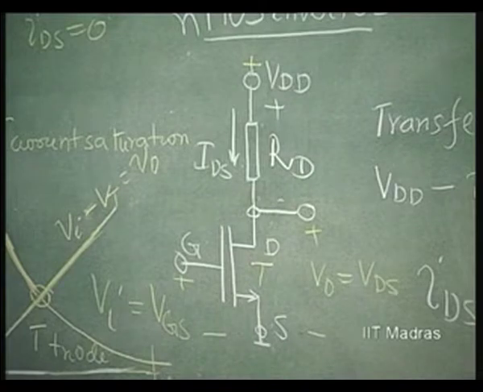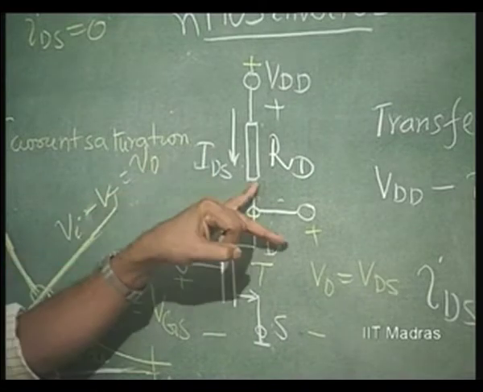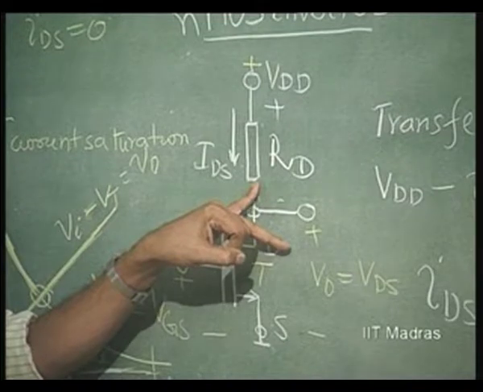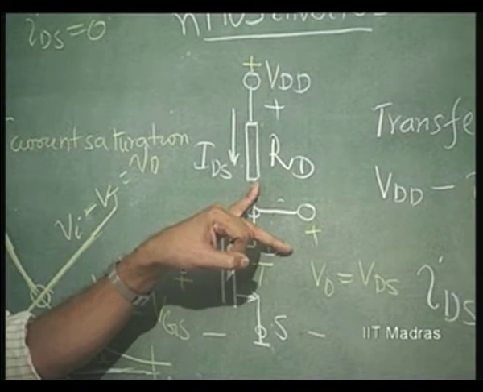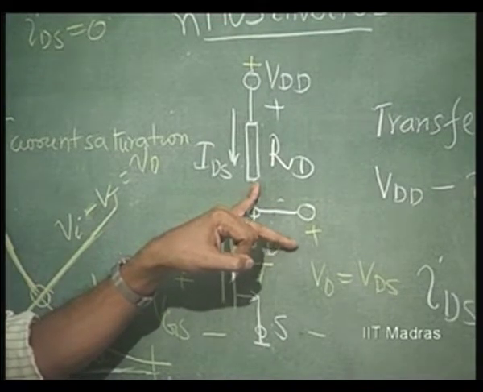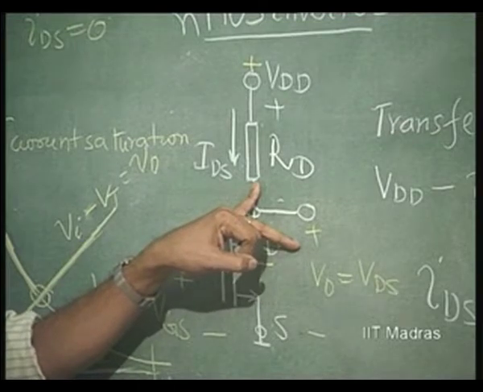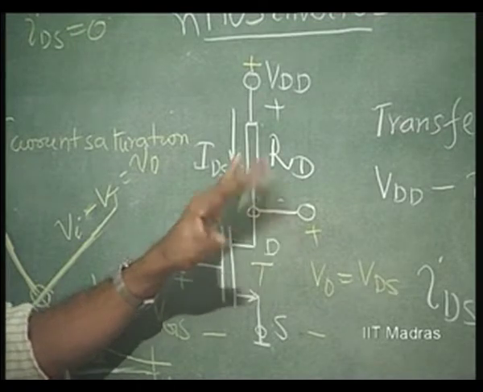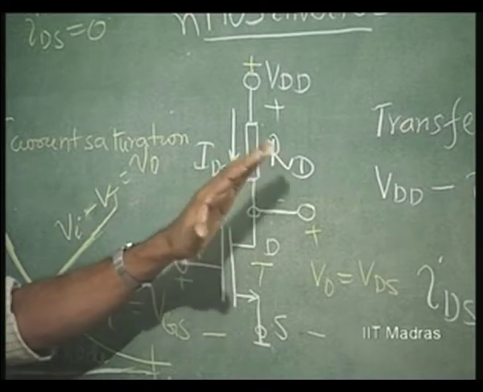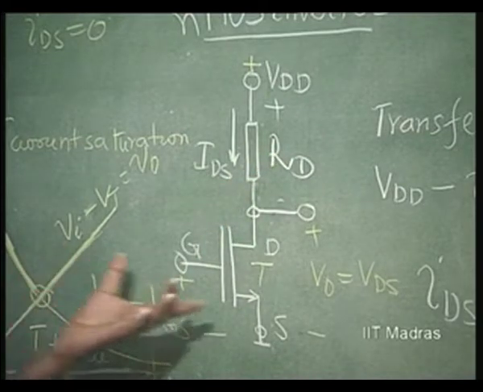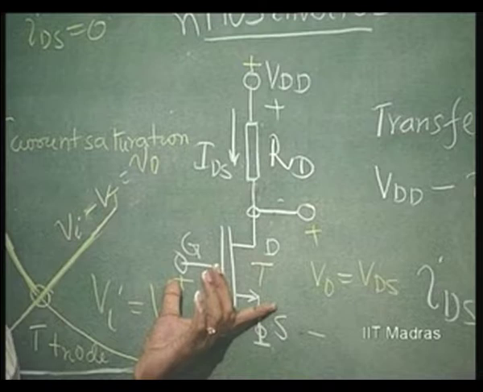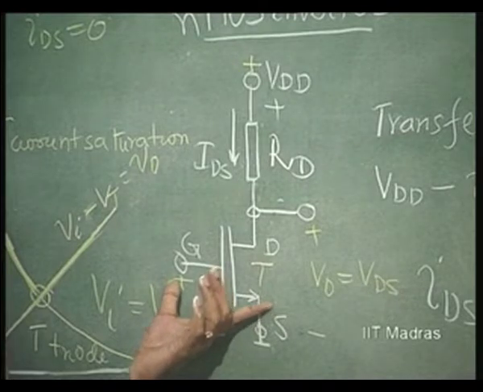Therefore, in digital inverters all the resistors get replaced by MOS resistors, MOSFETs acting as resistors. So, we will discuss that circuit later, but this circuit can also be used as an amplifier in this